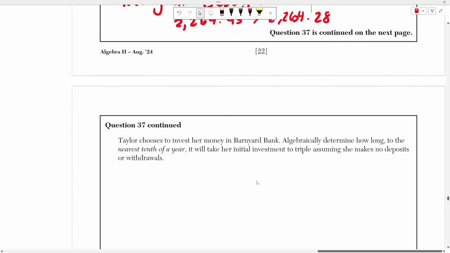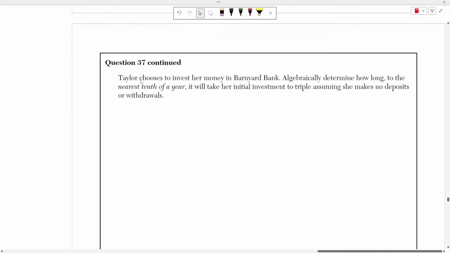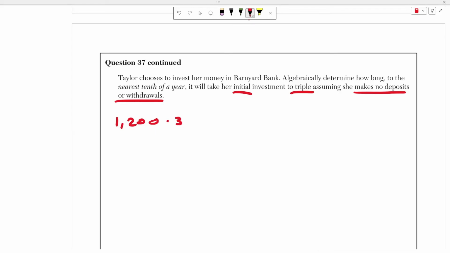Moving on to the last part of the problem, it says that Taylor chooses to invest her money in Barnyard Bank. Algebraically determine how long to the nearest tenth of a year it will take her initial investment to triple, assuming she makes no deposits or withdrawals. So again, her initial investment was $1,200 in this case. Okay, so if we want this to triple, we just multiply it by 3. That's equal to